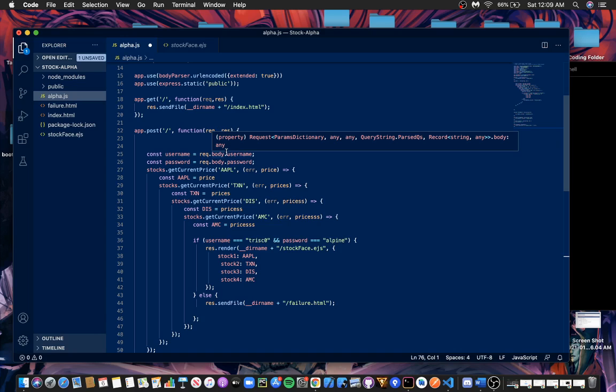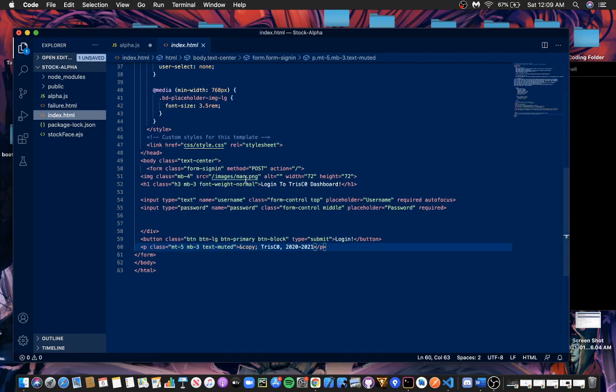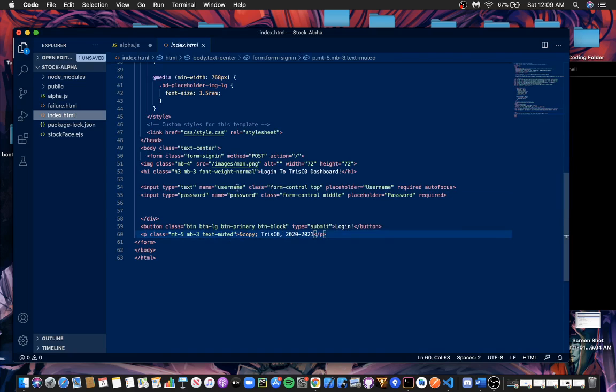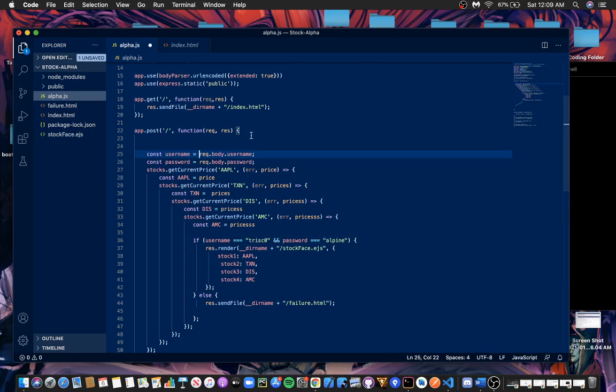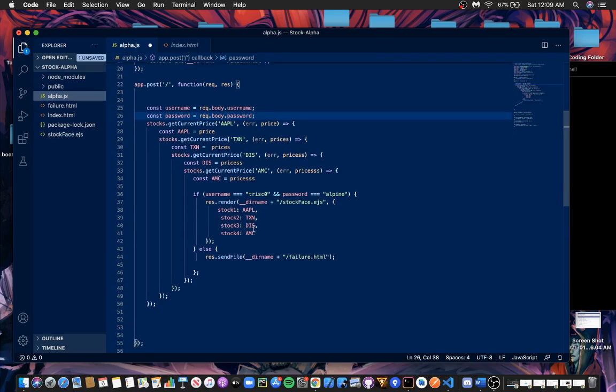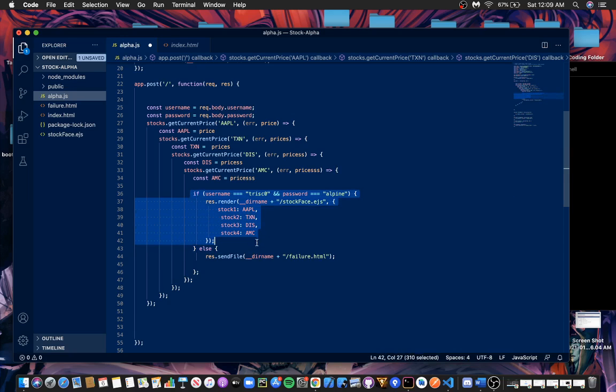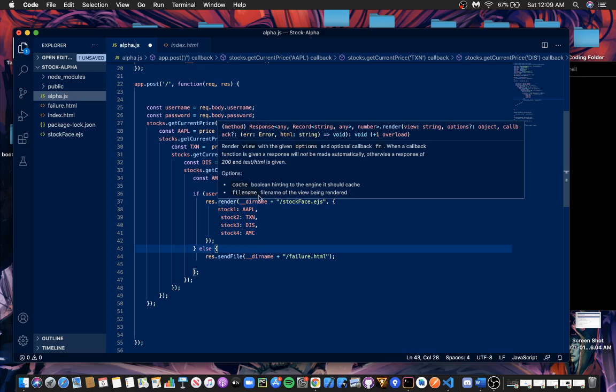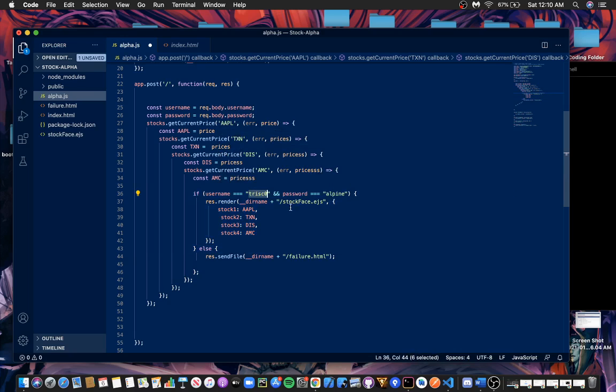So first we're going to use the rec. We're going to pass that in, and we are going to get the username from the rec.body username into here. So we're getting this name right here as well as the password. And the reason we're getting this is you'll see when we get down here, we have an if statement. Basically this if statement is saying that if the username equals Trisco, and if